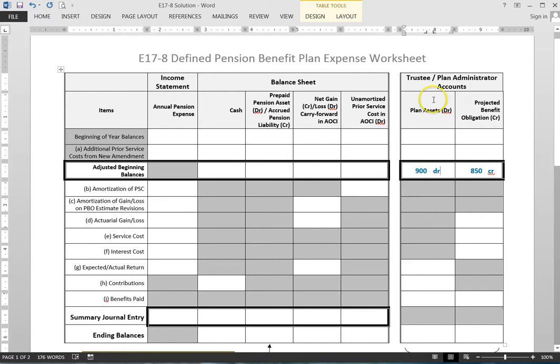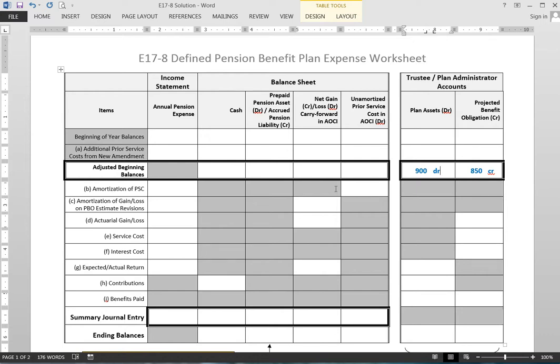Notice that these two columns here are separated from everything else. This is what's happening on the administrator side. This is what's happening on the employer side. And this is one of the rare circumstances where US GAAP allows netting of assets and liabilities. This is very rare and part of the negotiation process that ensued when they were developing this set of standards for